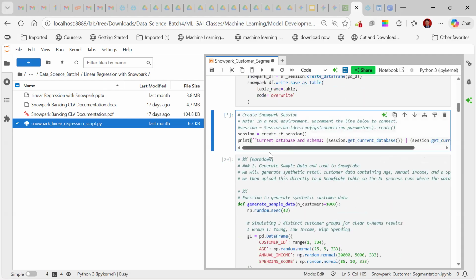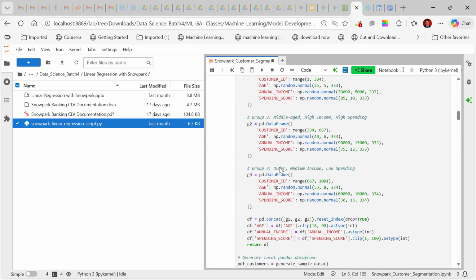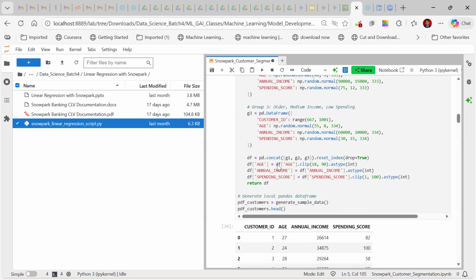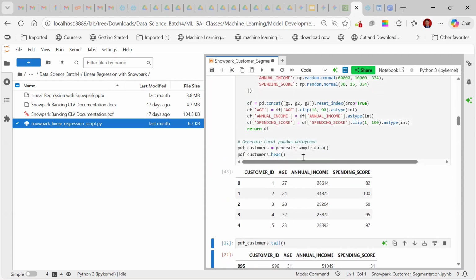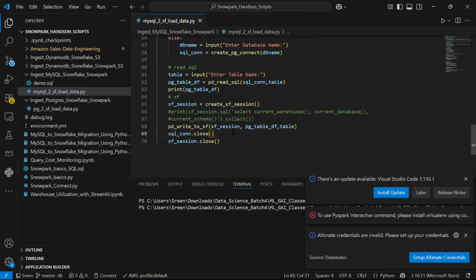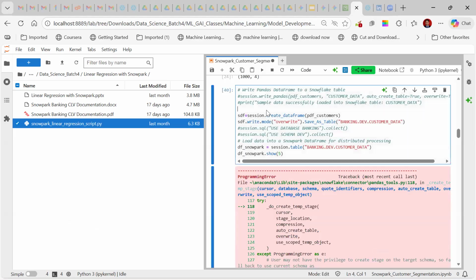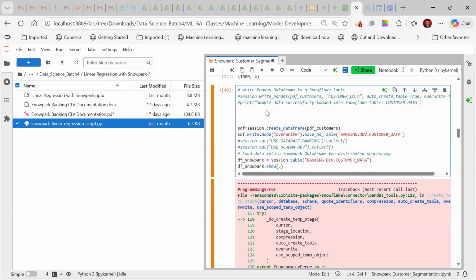Now it is working, okay? So sample data generated. And here we have to see. We are calling a session.